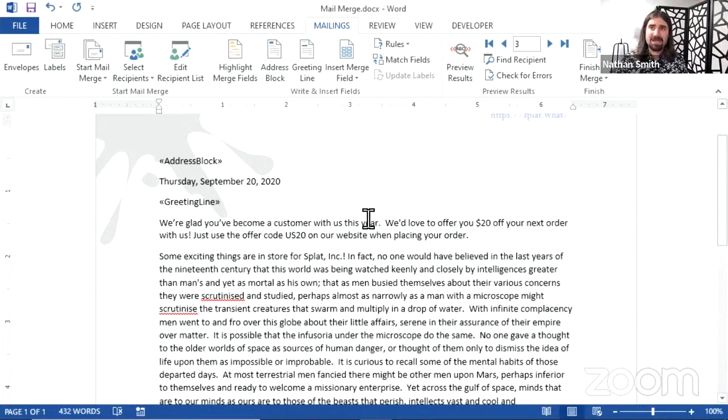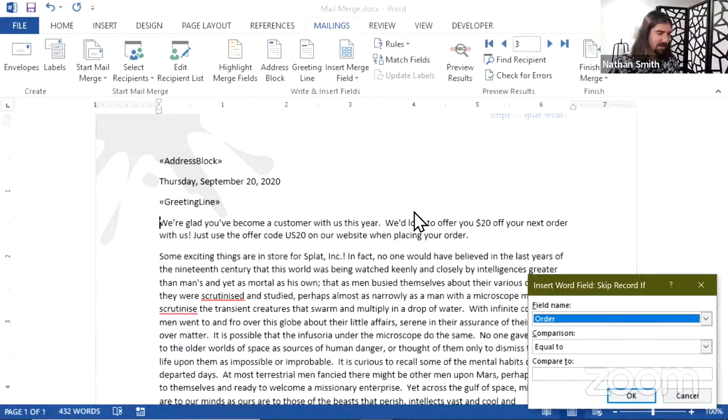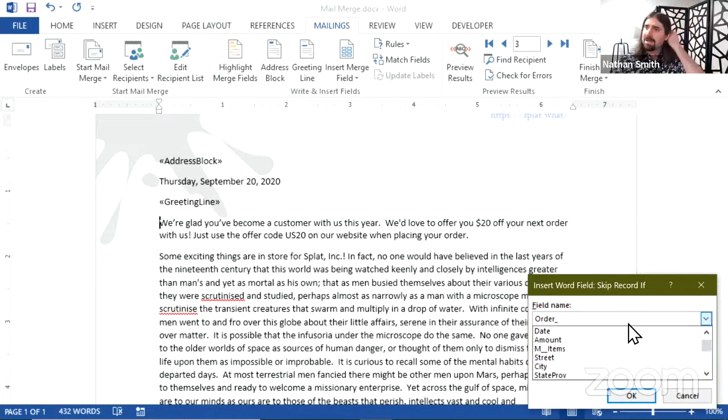So what I'm going to do is put my cursor here, just to be in the right place, to give me a little prompt of why this is happening. And I'm going to come up and click on Rules and click Skip Record If. When I do Skip Record If, I've got my field name, the name of the column that I'm looking at. And I'm going to choose